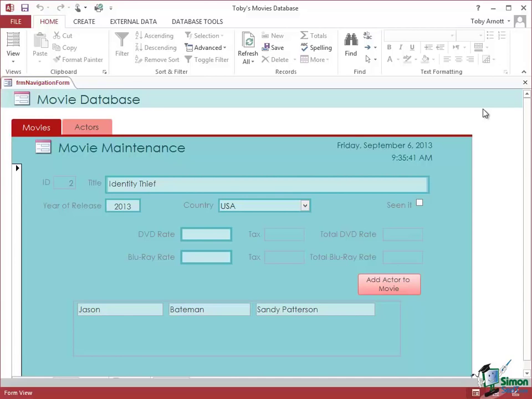But macros and programming in general are areas of Access that many people tend to steer clear of. But I think it's very important that you get a good chance to find out about macros, because I really don't think they're as difficult to get to grips with as some people think they are. And even a relatively limited amount of knowledge of macros in Access 2013 can make all the difference in terms